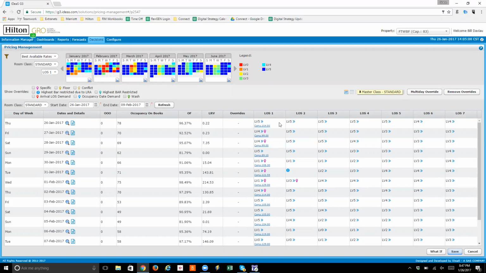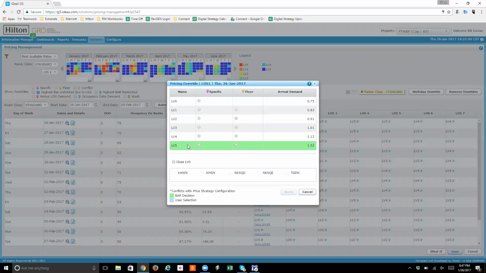And so actually for this day, it looks like almost every single length of stay is LV5, but if they're staying 6 or 7 nights, they're going to be charged a little bit more actually. So if they're staying 6 or 7 nights, they're going to be charged 139. And so if you want to change it here, you can just click on the arrows and you can choose which LV it is. Unfortunately, it won't tell you what the LVs are priced at for this, but if you select a different LV, so say I select LV4,